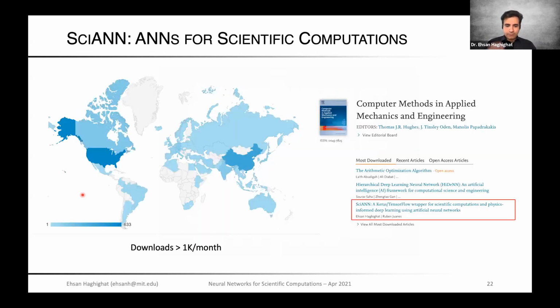And just some statistics of SciANN. As I said, it was originally open source in 2019, but since we archived the paper in, I think, April 2020, there have been a lot of views of the documentation website and also a lot of downloads. Only last month it was over 1,000, and our paper is also among the top downloads of my favorite journal, CMAME,